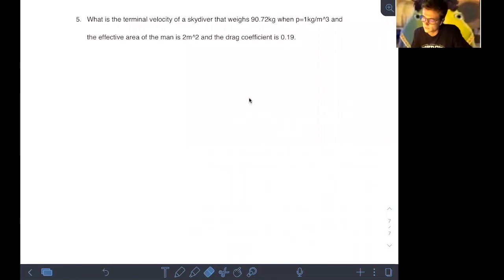All right, so number 5. Okay, so terminal velocity. What is the terminal velocity of a skydiver? What weighs that when density is that? Effective area of the main is that, and the drag coefficient is 0.19, right? So